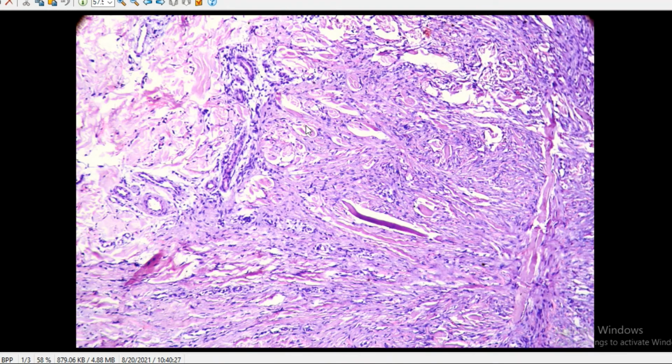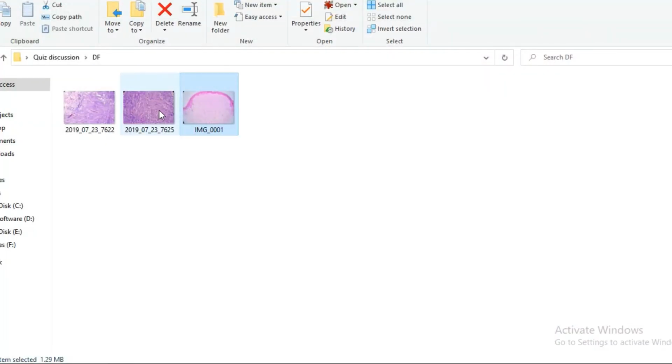And you see this characteristic entrapment of collagen at the periphery. So at the periphery, you see that the collagen is thicker and it's entrapped within a proliferation of histiocytes and fibrocytes. You're seeing here this sort of halo around the collagen bundle. So the collagen is trapped within its own proliferation. So this is called entrapment of collagen bundles, which is typical, which you see peripherally in a dermatofibroma. Okay. So this is how you differentiate a dermatofibroma.